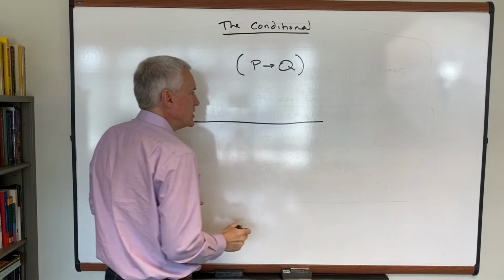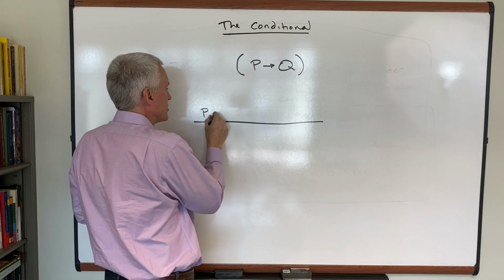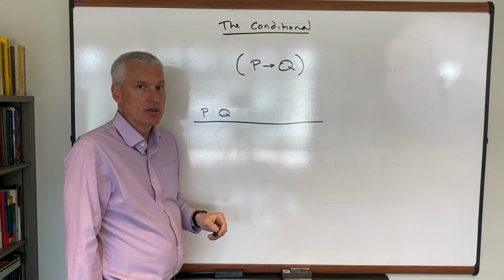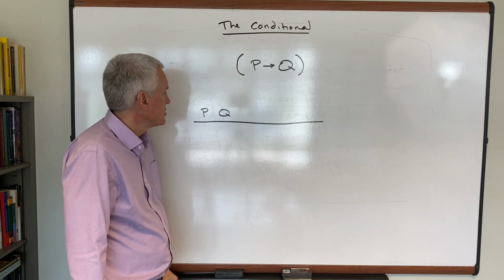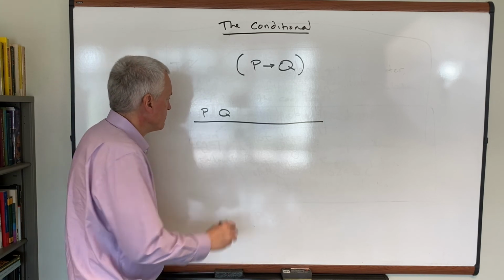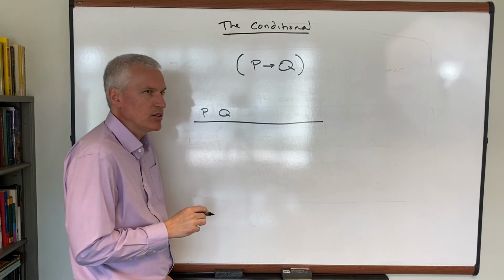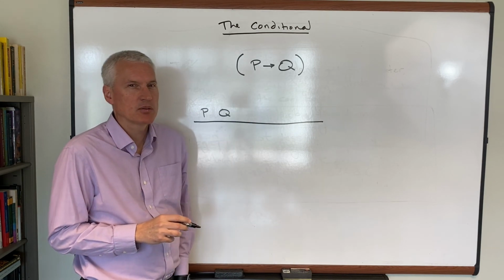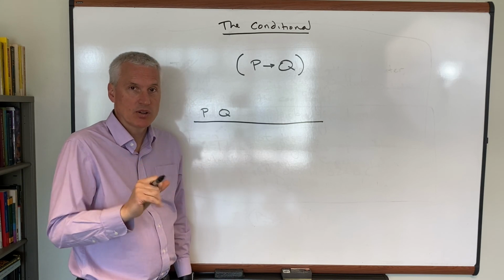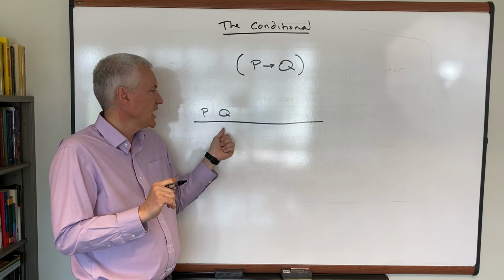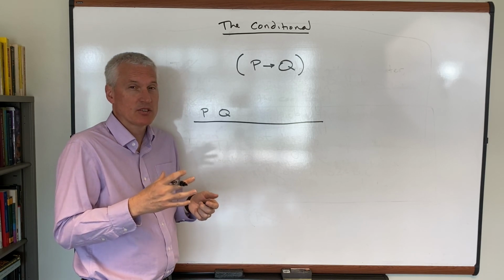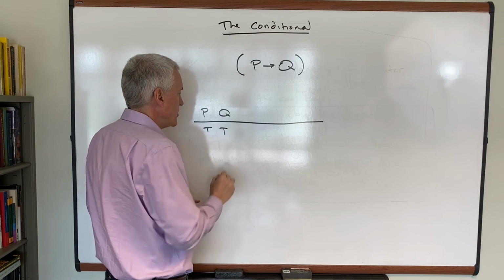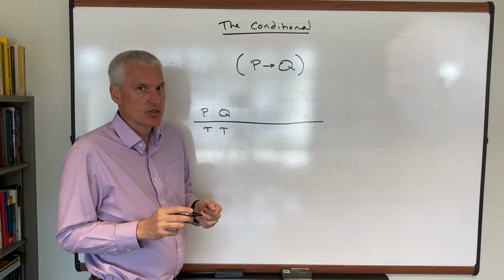And what we do is we draw a line, and I write over here the parts of my symbol, the one that I want to define, the arrow. And in this case, it's got 2 parts, P and Q. And as we said before, I've got to consider all the possible ways. If I'm going to really say what this arrow thing means, I've got to consider all the possible meanings that these can have. And in our propositional logic, that really just comes down to whether they're true or false. So I've got to consider the case of when they're both true,